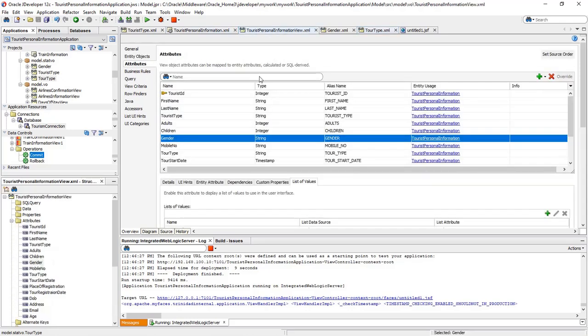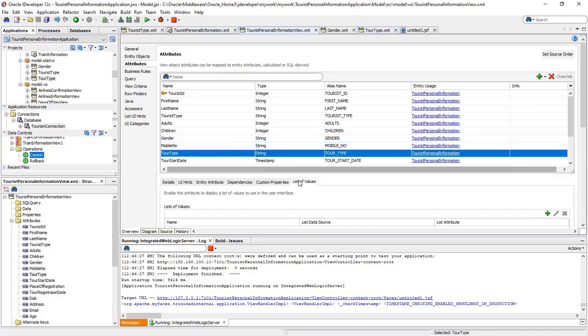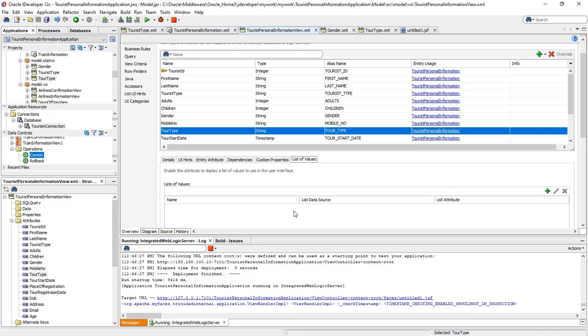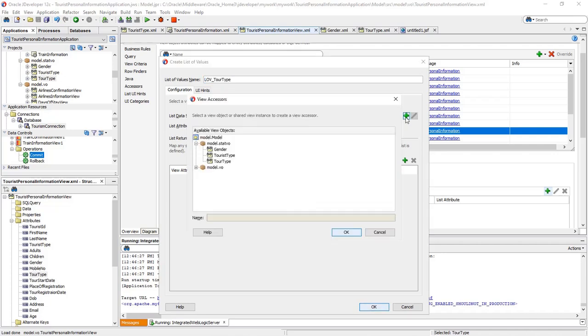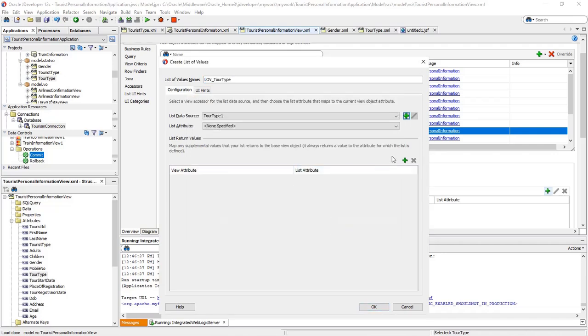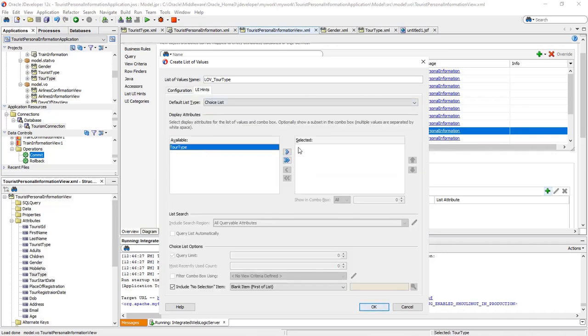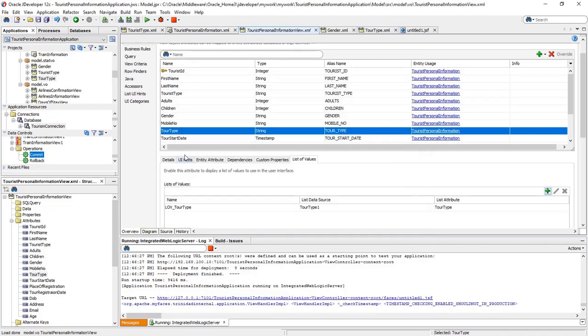And in the view object to type, yeah, there is no list of values defined here. For to type, we need to map UI hints, select it, click OK. Now save,